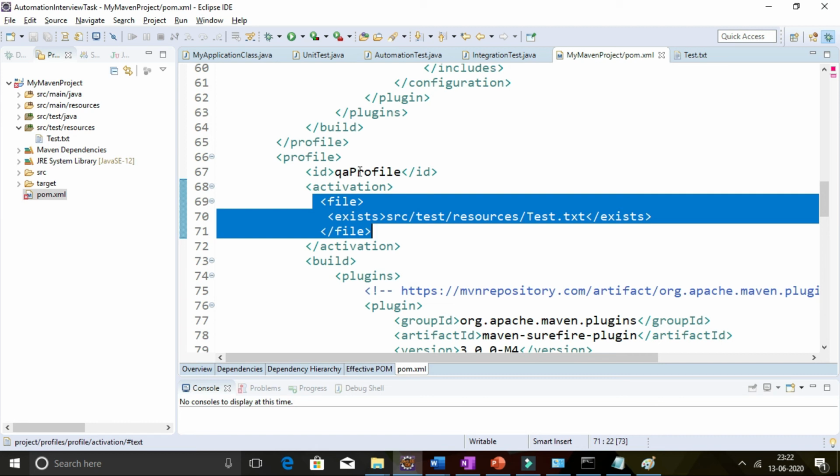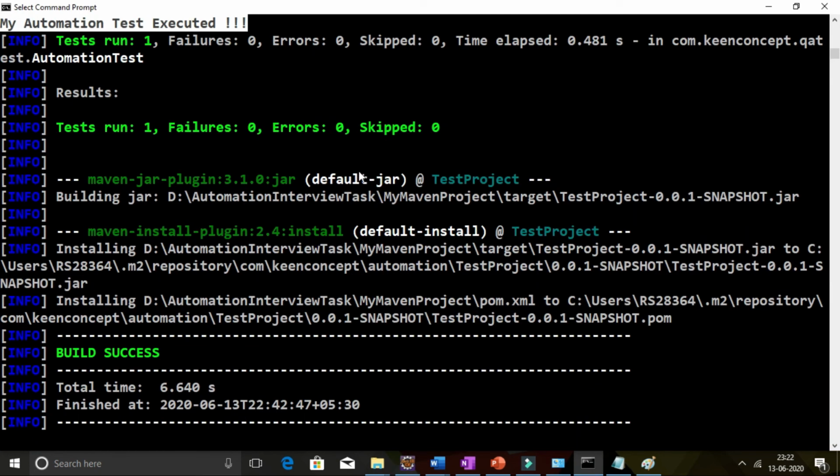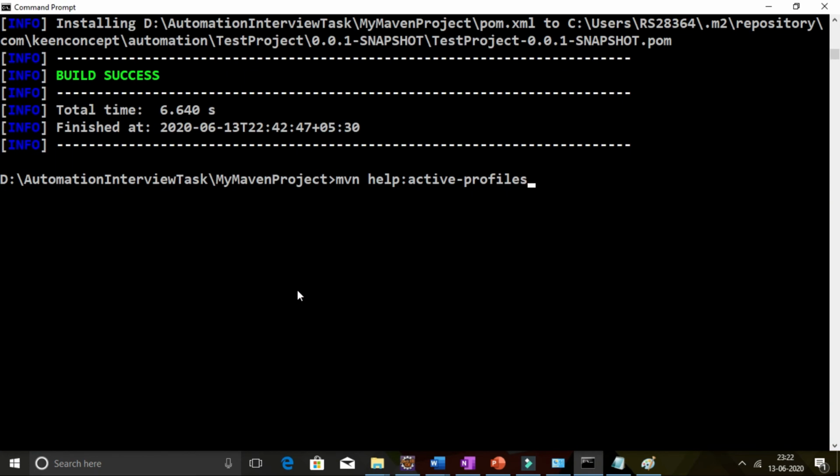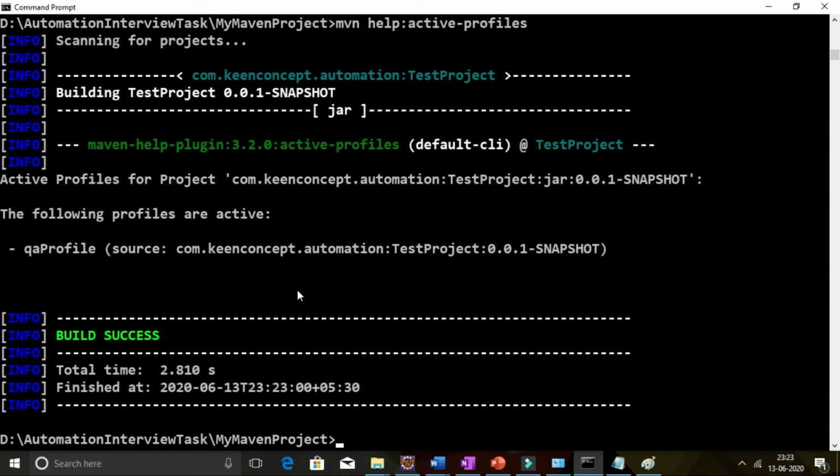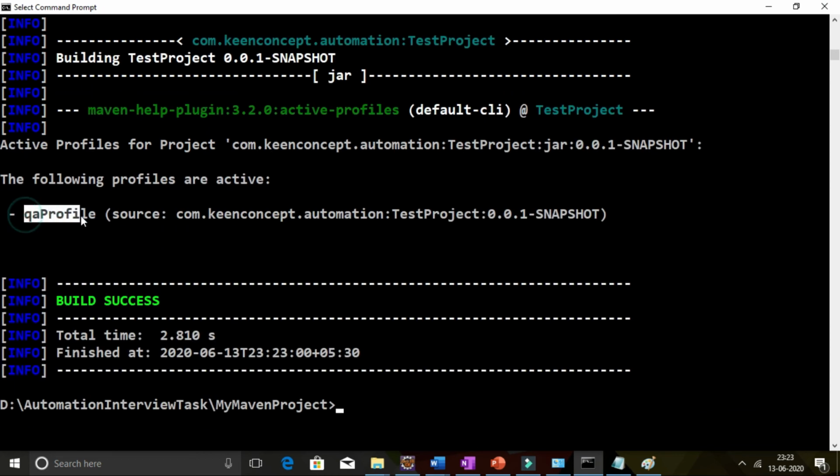Let's go to the command prompt and find out. So we'll execute a command maven help active profiles, and you can see our QA profile got activated by default.